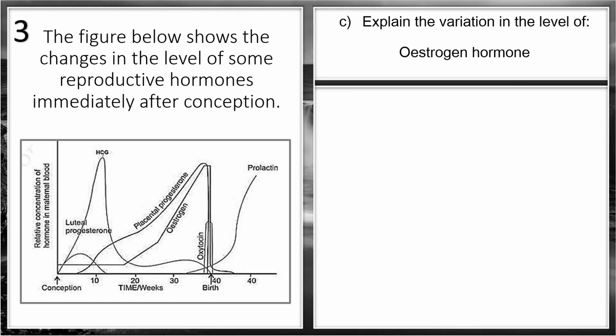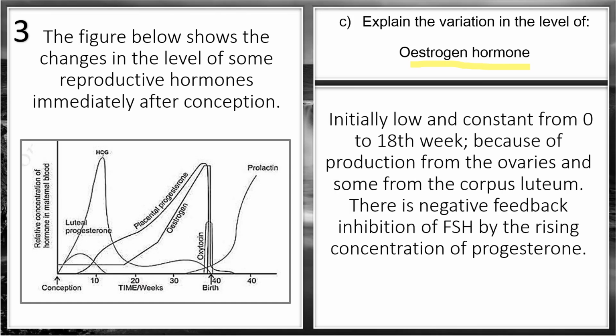Explain the variation of estrogen hormone. Now, initially it is low. Estrogen is low initially and constant from 0 to the 18th week. So when you look at the initial, it is very low and it is constant up to the 18th week,